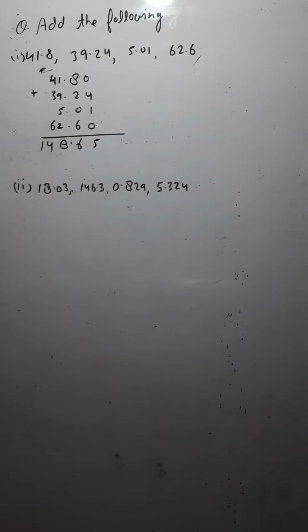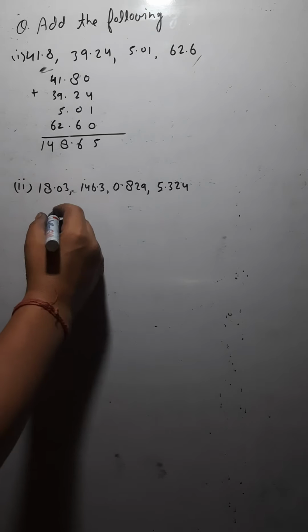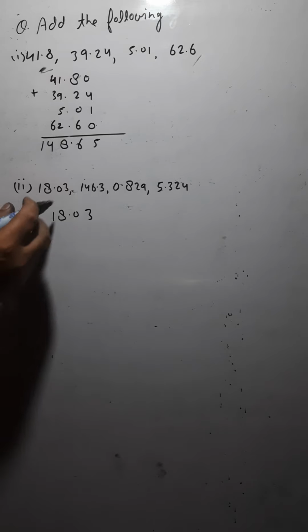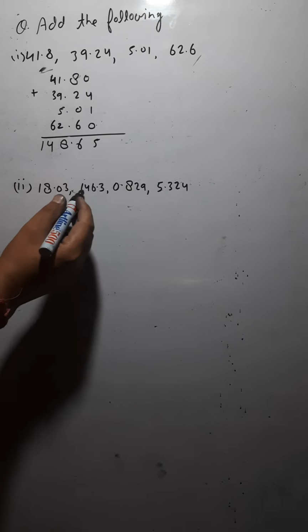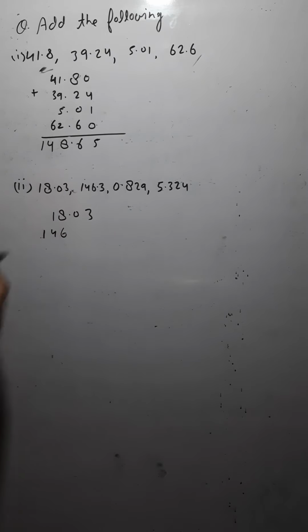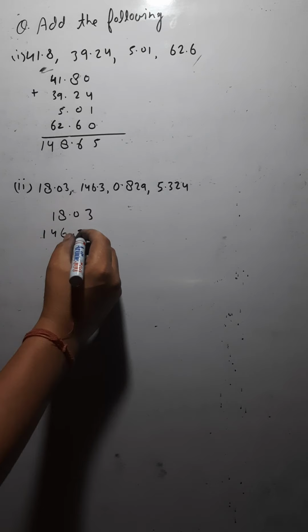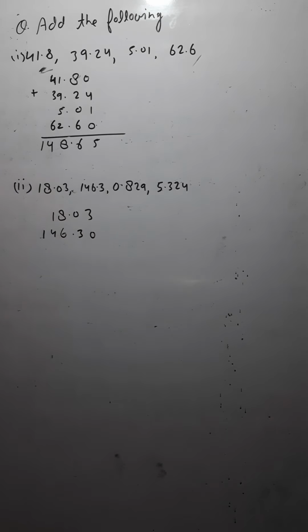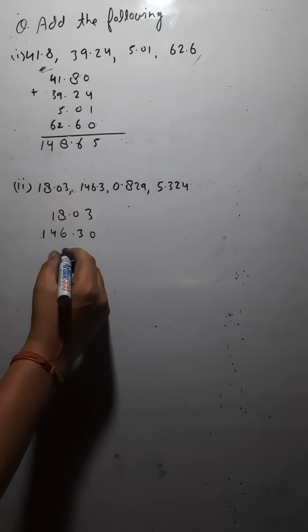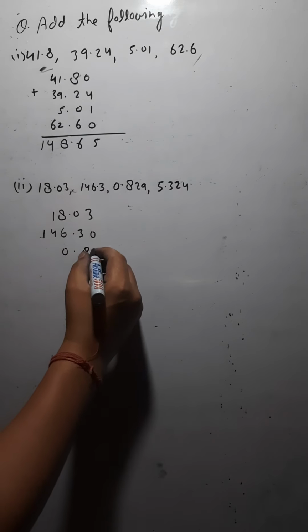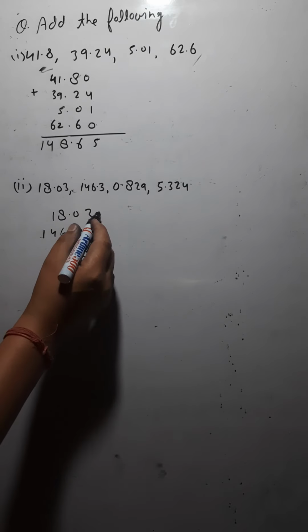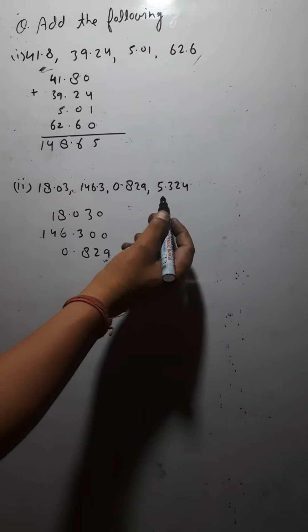Similarly, you have to add this one also. Okay, how do you add? First is 18.03, then it is 146, ones place 6, tens place 4, and hundreds place 1, and 0.3. So what would be at this place? I would write 0 here. Okay, so similarly 0.829. So ones place is 0 here, then 0.829. Where I have written 9 here, I would write 0, here I would add one more 0. No problem. Okay, so again what is there?